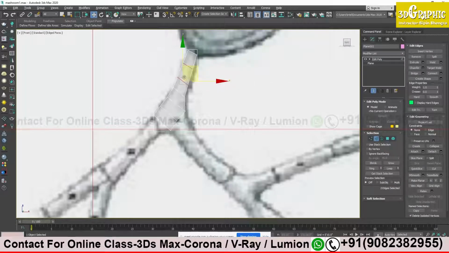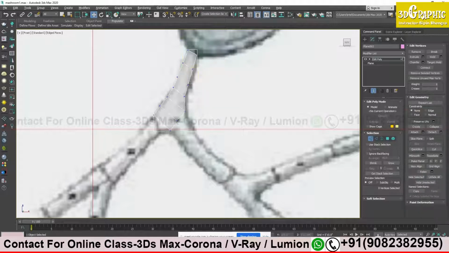So here I got two new set of edges over here. Now I just have to manipulate it. Right now it is very straight and my drawing is not that much. It's thick over here and thin as it goes up. So I will press 1 and I will try to adjust as I want. It will be very easy. Just click and drag. The more you practice, the more you will be comfortable with this.